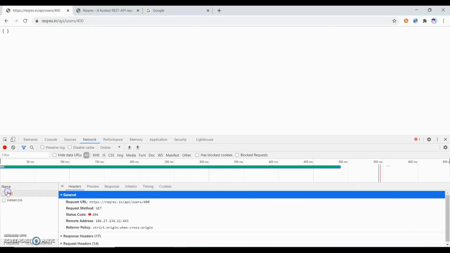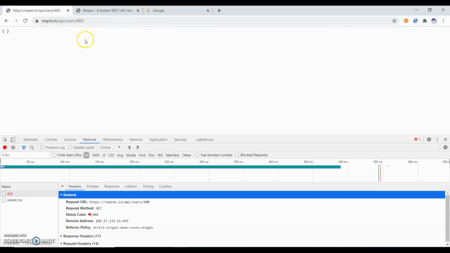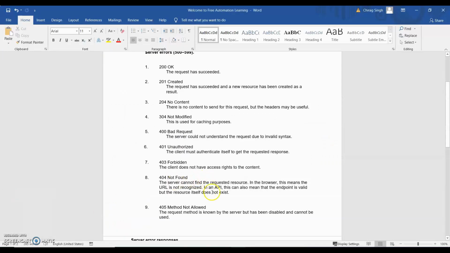So let me open this, and this is a 404 method, and it means this user information is not present on the server, then it gives the server code 404. It means not found. This kind of information is not found on the server.